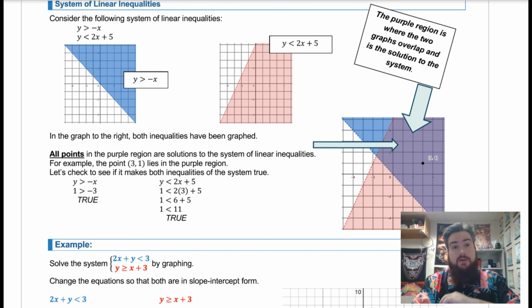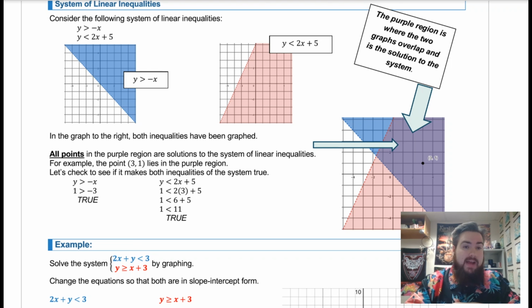Hello. In this video, we'll be talking more about section 2.3, Systems of Linear Inequalities in Two Variables. In this situation, we're going to be looking at a system of linear inequalities, meaning we're going to be looking at multiple inequalities and finding the consistent solution set that satisfies both of them, or more if we have multiple inequalities. So, to demonstrate this, we have this example here.